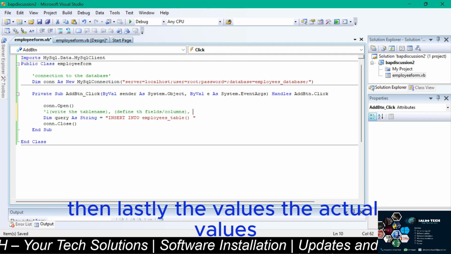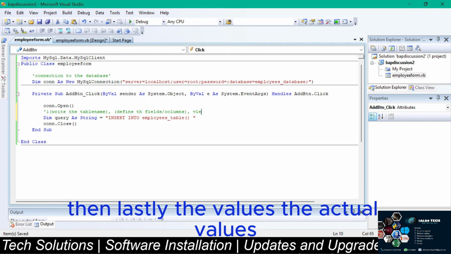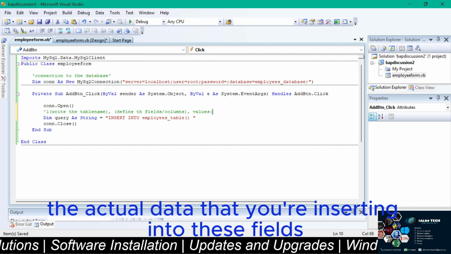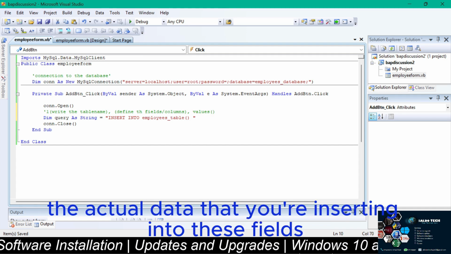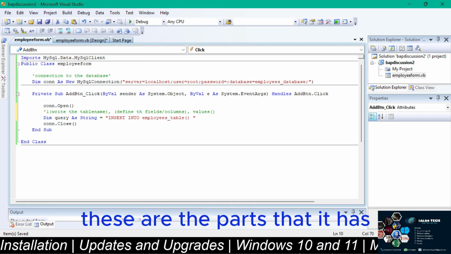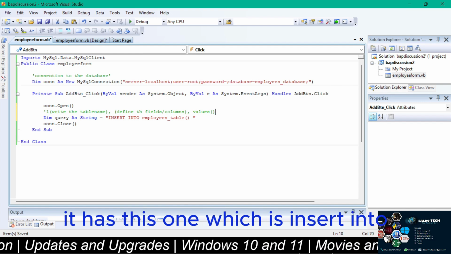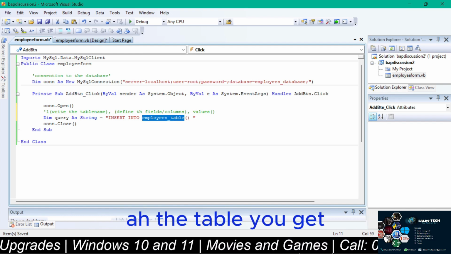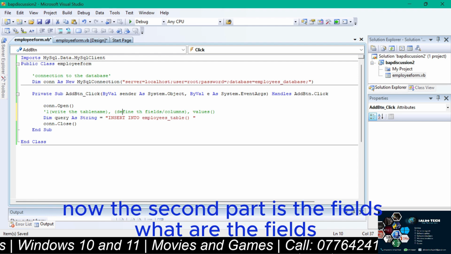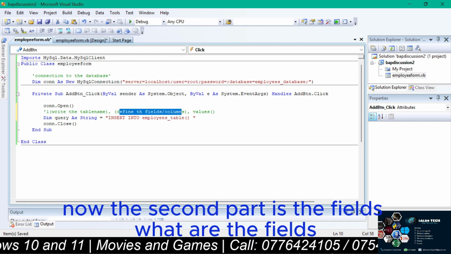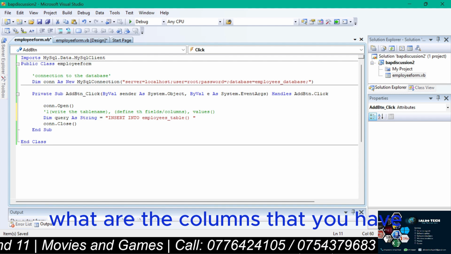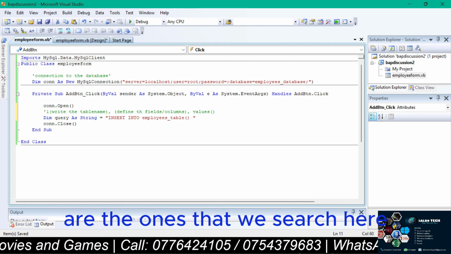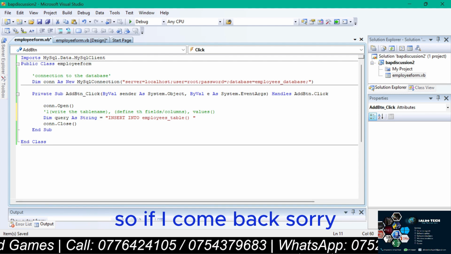Then lastly, the values, the actual data that you're inserting into these fields. These are the parts that it has. It has this one, which is insert into the table. You get? Now the second part is the fields. The fields or the columns that you have in that particular table are the ones that you insert here. So if I come back